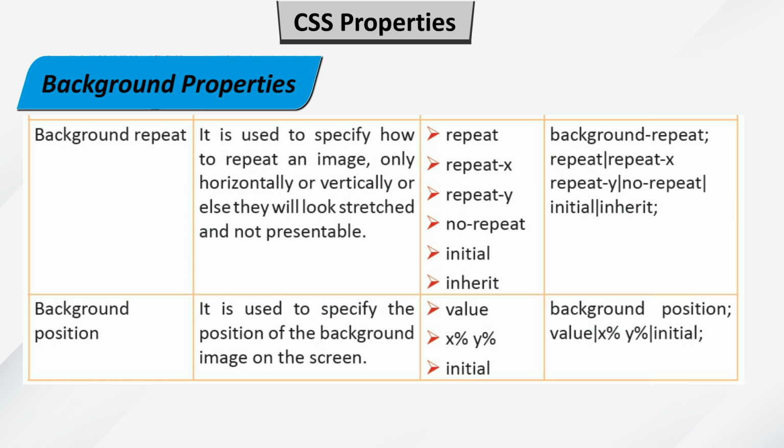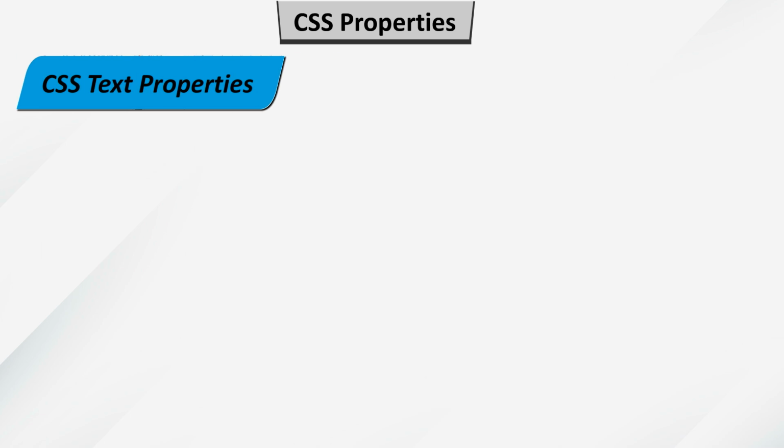It is used to specify the position of the background image on the screen. Values: X%, Y%, initial. For example, body { background-image: url(clock.jpg); background-repeat: no-repeat; }